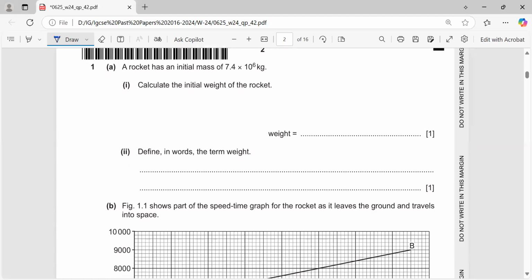A rocket has an initial mass of 7.4 times 10 raised to power 6 kilogram. Mass is given. Calculate the initial weight of the rocket. So very simple, W is equal to mg, and it will be 7.4 times 10 raised to power 6 times 9.8. As you simplify, you are getting the answer equal to